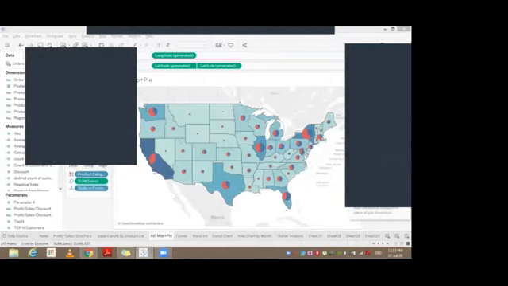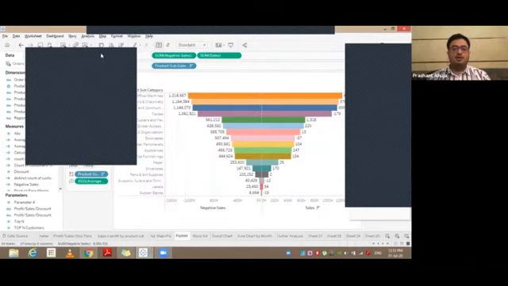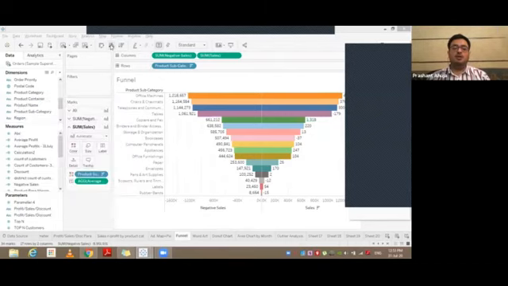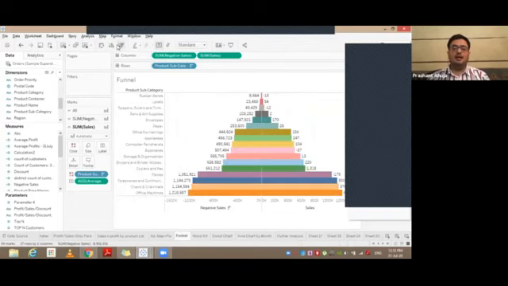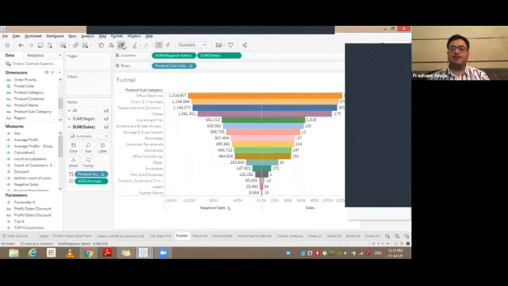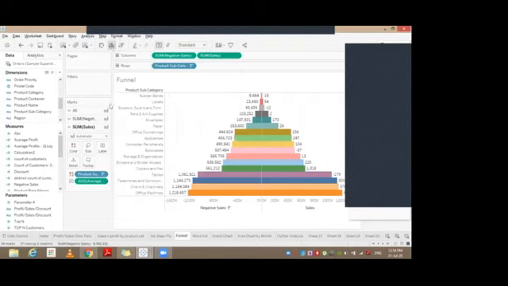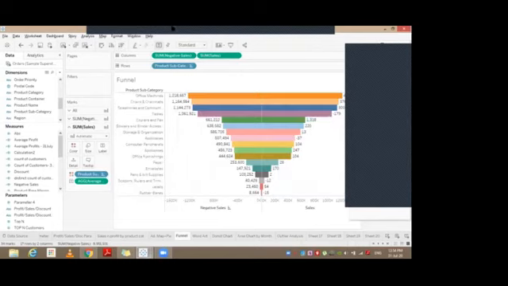Thank you, sir. We have one more question from Dr. J. Kavita. She wants to know how to arrange values from ascending order to descending order in a funnel chart. There are two options which are given right below the format option. You can just click on ascending or descending, and this will change it for you. It's very simple, by the click of your mouse. Yes, sir. It works. Thank you, sir.